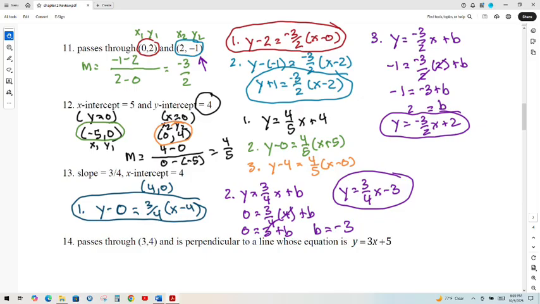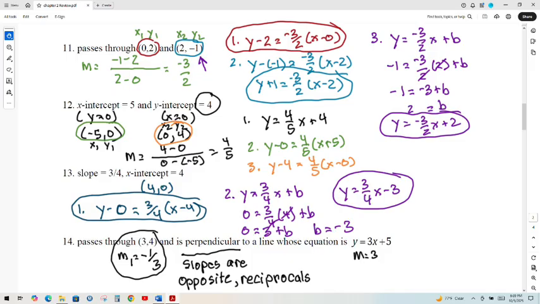Now, number 14, we're dealing with perpendicular. So first of all, remember, perpendicular means the slopes are opposite reciprocals of each other. So don't forget that. I have a slope of 3 that's been given to me, but I want the perpendicular one. So my slope with my point should be negative 1/3, the opposite reciprocal, and I'm using the point (3, 4). So again, the easy way out would be to just say y minus 4 equals negative 1/3 (x minus 3)